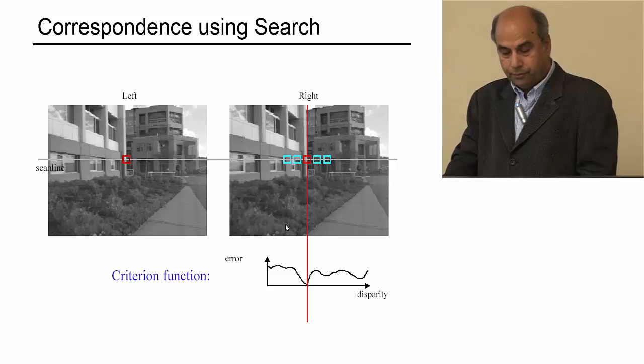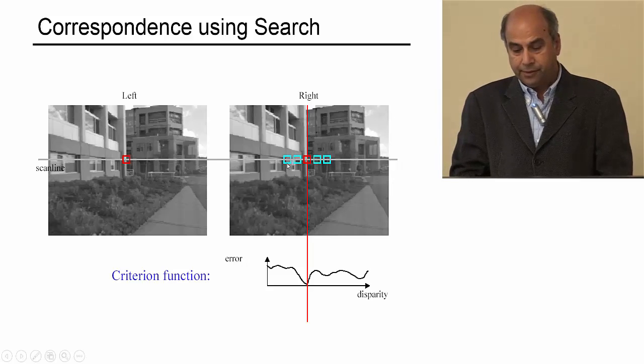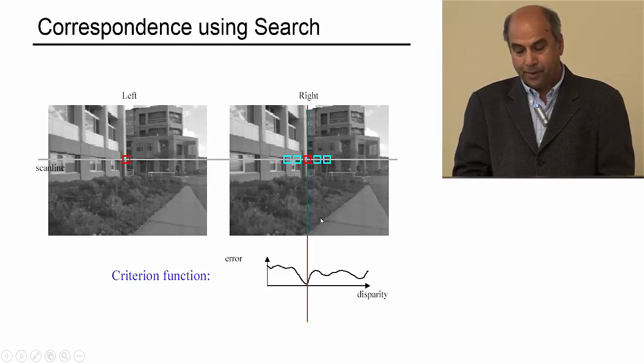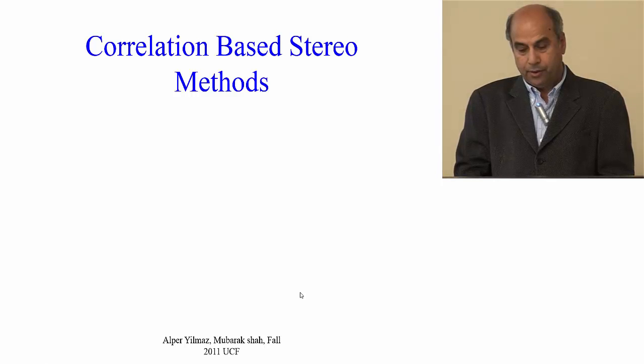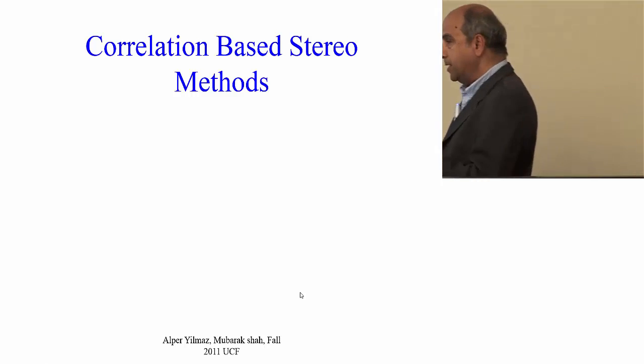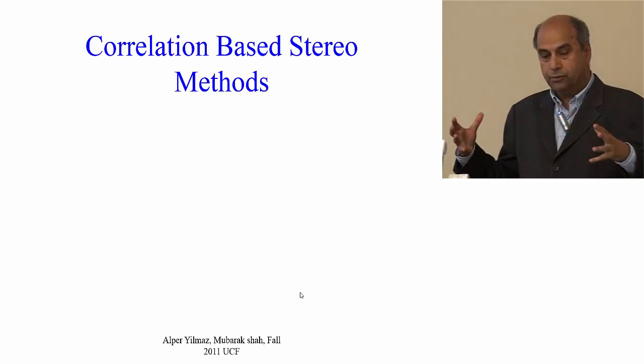We can look at different possibilities: does it match here, here, or here, and whichever gives you the least error is the best match selection. Depending on how far you move this way or that way, disparity will change, and that's the plot here. So now to find the match of a patch in the left to the right, we can do it using